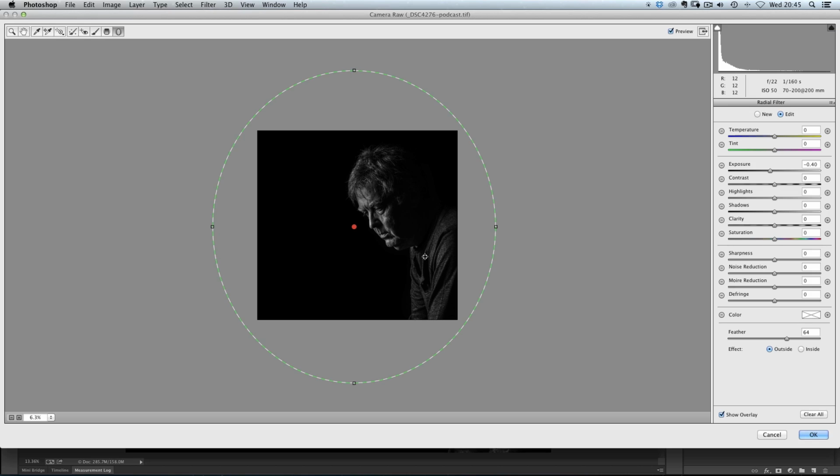I only want it to affect the bottom right hand corner of the picture to simulate that light fall off. So once I've created this really big radial filter, I'm going to click in the center of it and then drag it upwards so that the only area over the top of the picture is in the bottom right hand corner. So now when I choose to slide the exposure slider back and forth, you can see the only